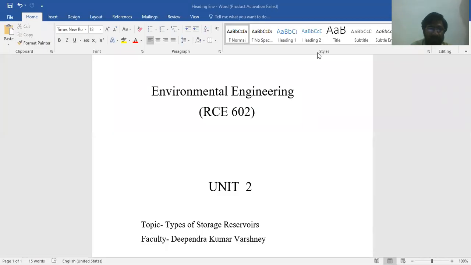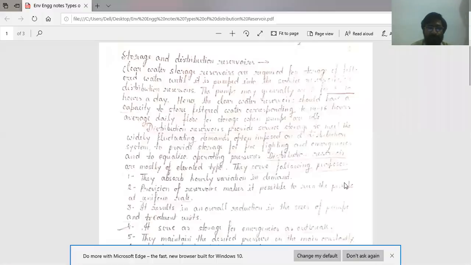Today's topic is types of storage reservoir, or types of service reservoir. Storage and distribution reservoir. The purpose of distribution reservoir is clear water storage. Reservoirs are required for the